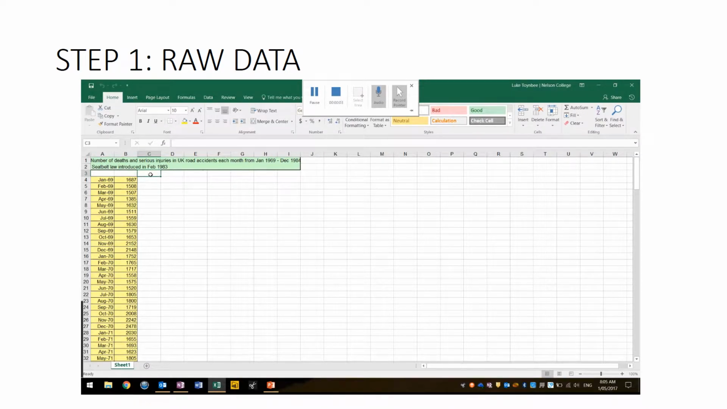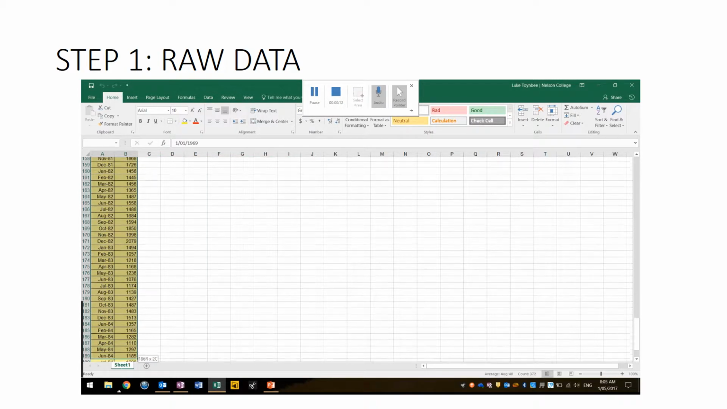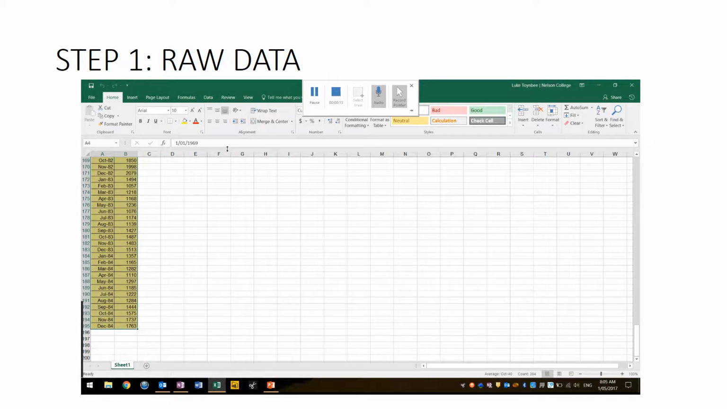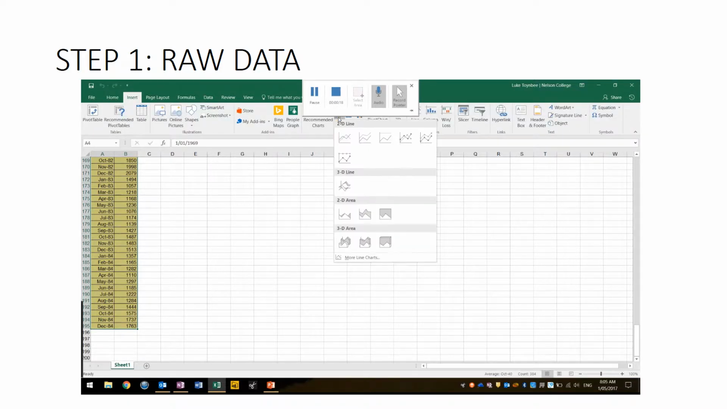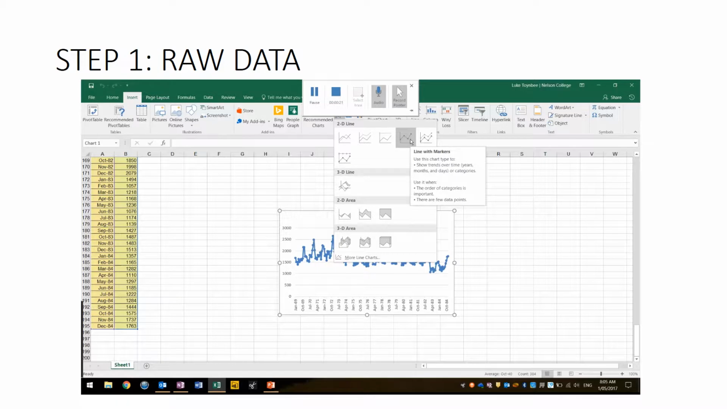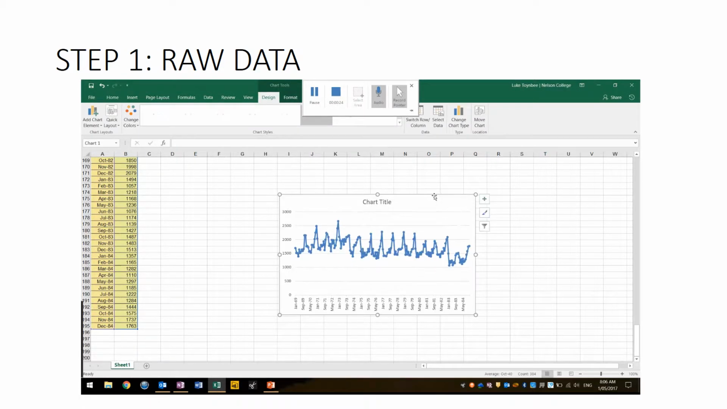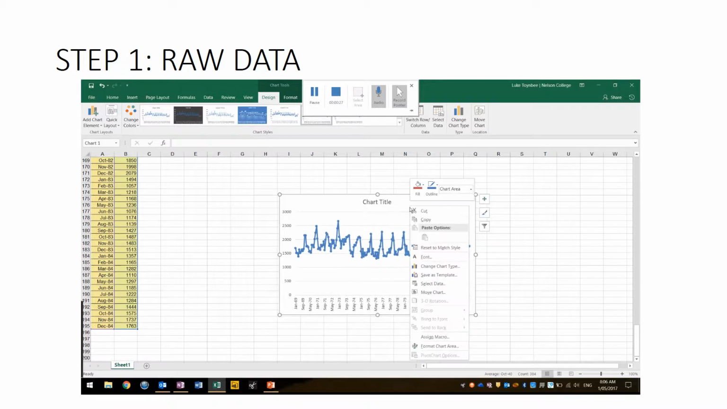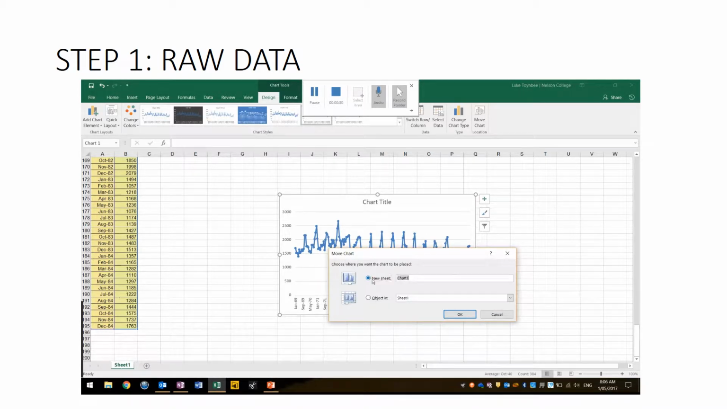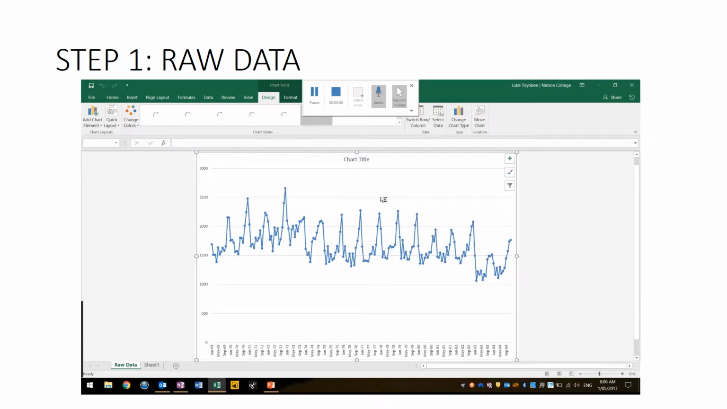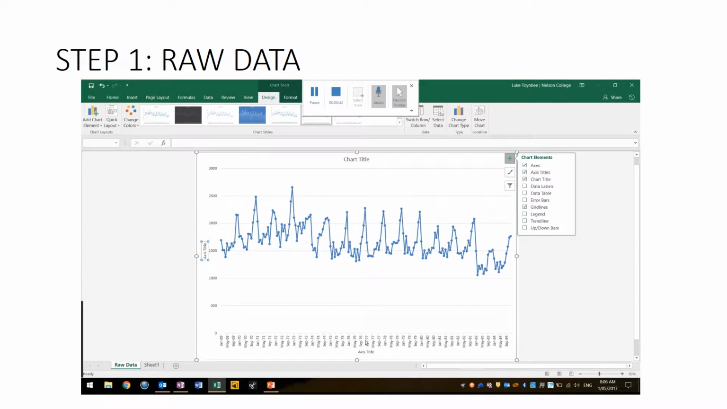Alright guys, so just a brief rerun on Excel. So the first thing you need to do is graph the raw data. Now what I've been doing here is I've been moving this to a new sheet, calling this raw data. It just makes it a little bigger. Now we haven't spoken about it too much, but to add axes titles and a chart title is quite crucial